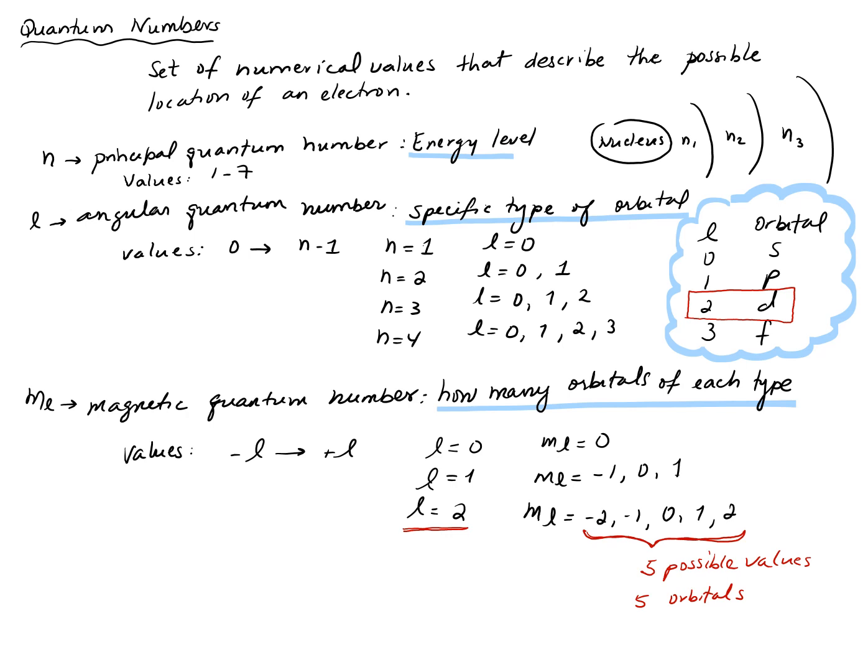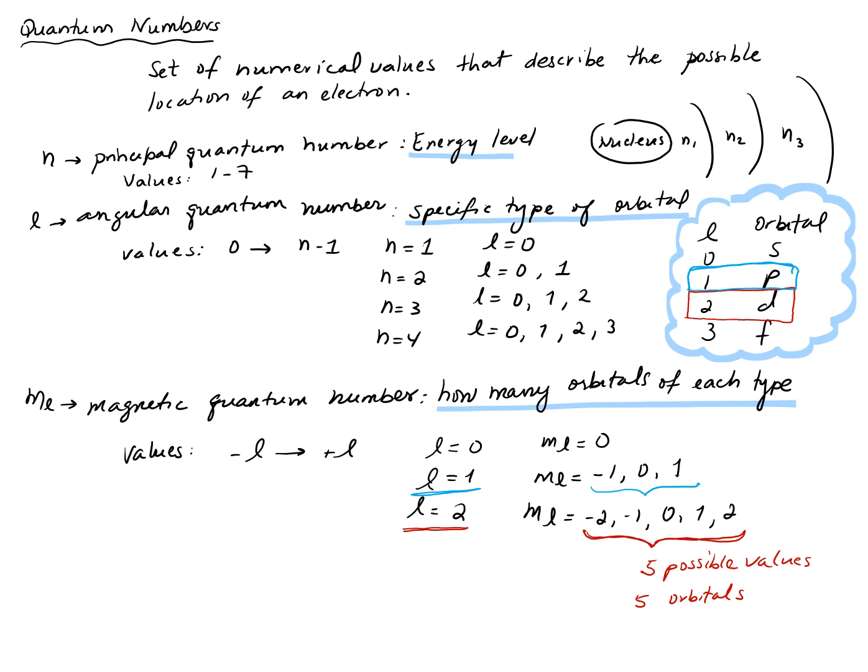3 possible values means that for that specific type of orbital, you can have 3 of them. So when L is 1, the type of orbital that you have, L1, 3 possible values, is a p orbital. So for p orbitals, you can have 3 of them. For d orbitals, you can have 5 of them. And then for s